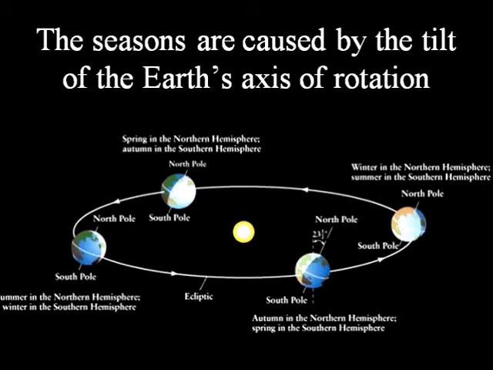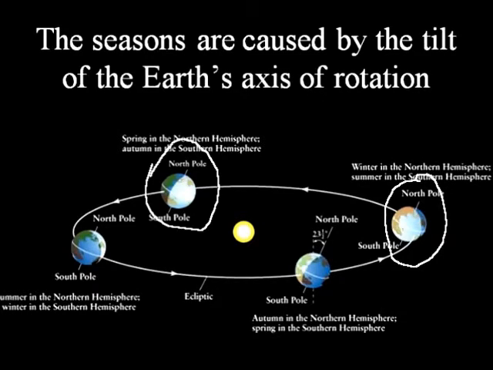So starting on the right side of the diagram that's showing here, we have the northern hemisphere tipped away from the sun, and so it receives just a little sunlight, not very strong, and we have the winter season. The two other Earths across from each other are the equinoxes. The sun is pretty well distributed across the face of the Earth. The temperatures aren't very dramatic